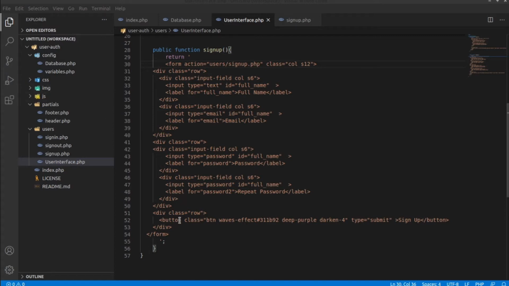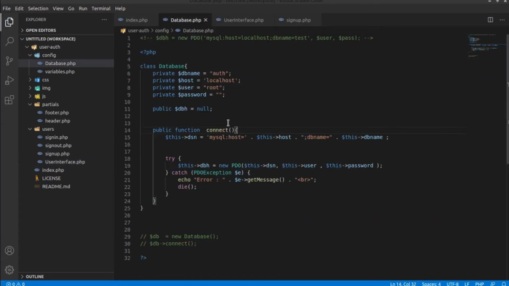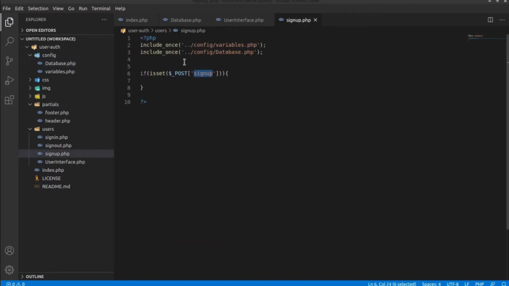This is the button. We need to give an attribute here, that is name is equal to sign up. This is the name we are going to call for. From here, when someone clicks this sign up button, then it will do something.